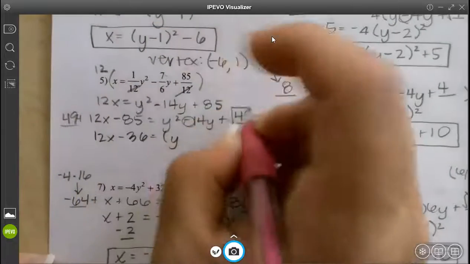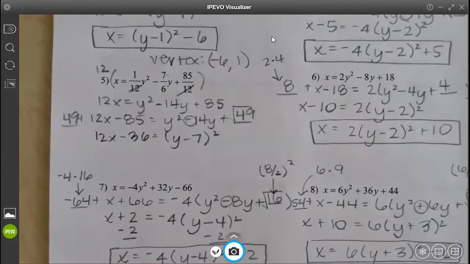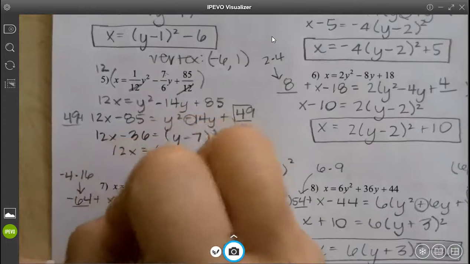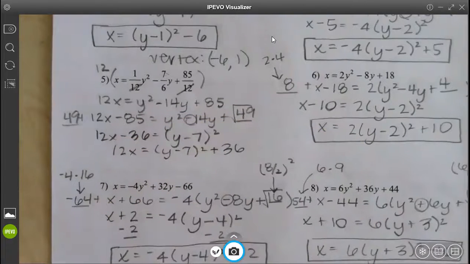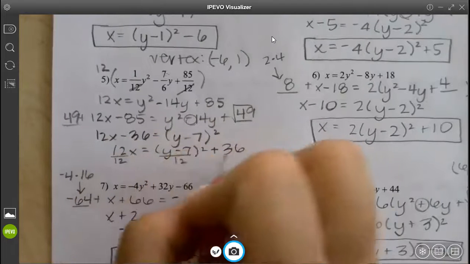Y minus 7 squared. Add your 36 like normal. So 12x equals y minus 7 squared. Add your 36. And your last step is divide everything by 12,